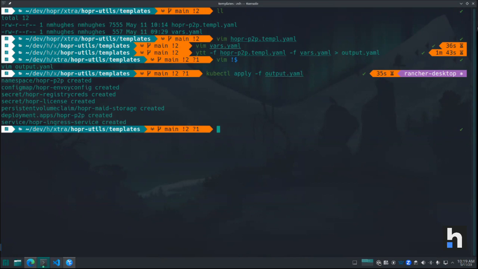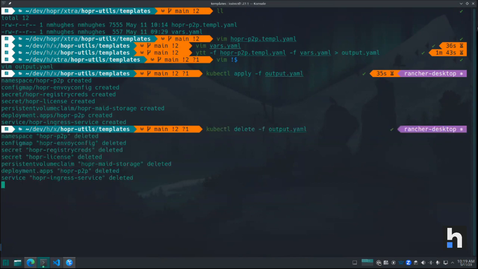Likewise, if we want to remove those same objects, it's just as easy as running our kube control delete, and all of those objects are now going to be cleaned up for us,